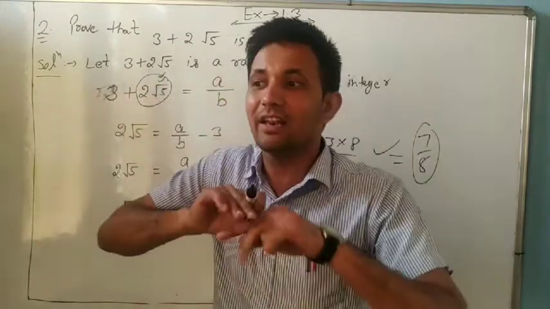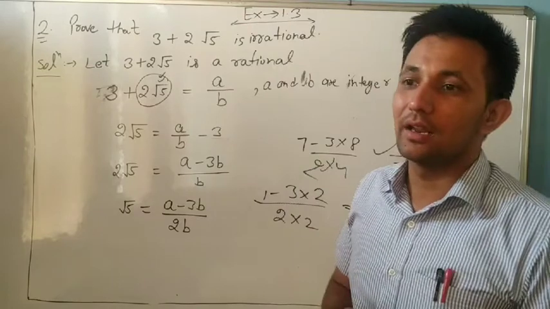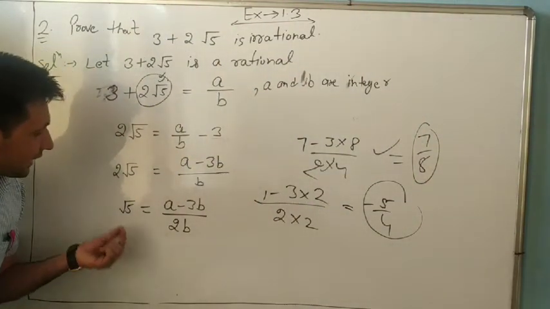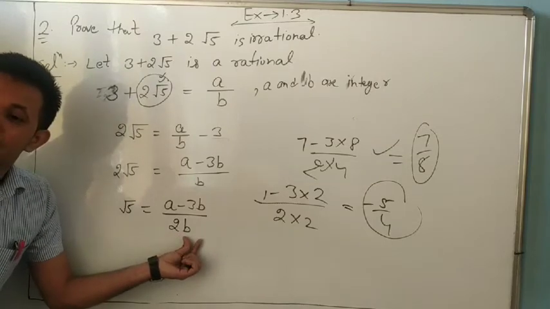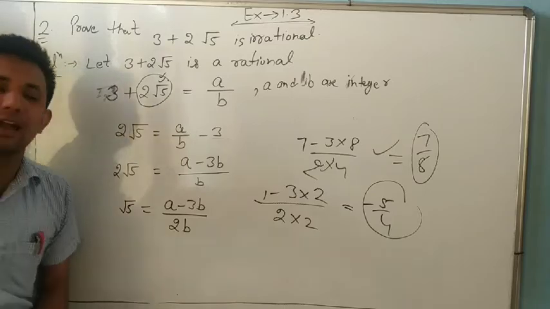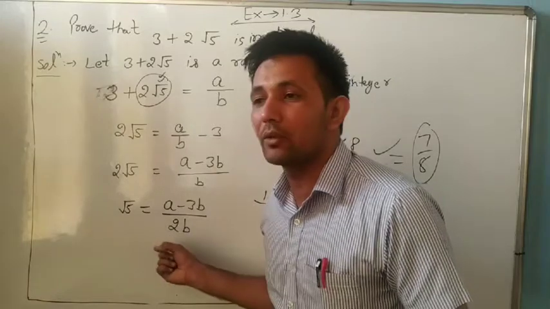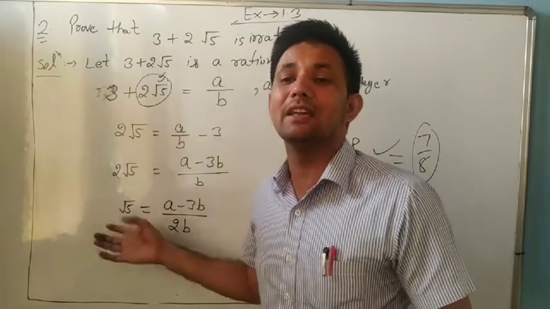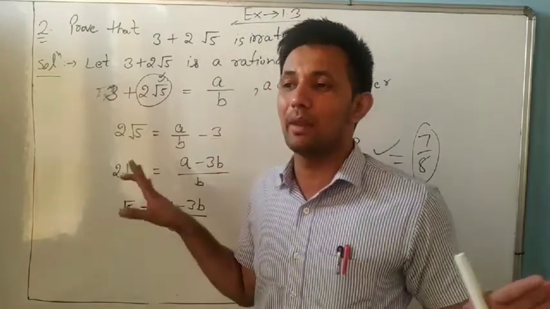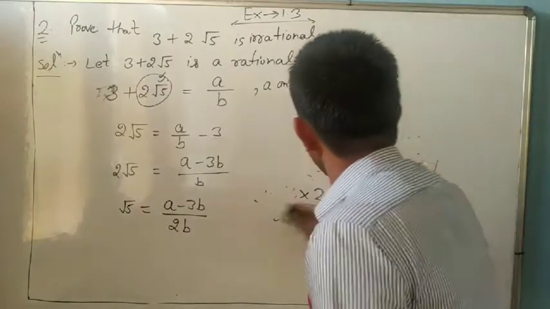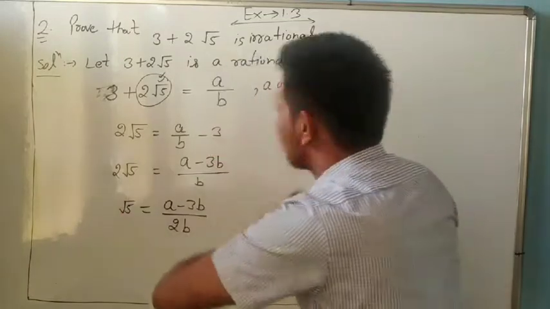If a number is irrational, it never becomes rational. Understand? We are saying here root 5 equals this number. Root 5 is irrational and this number is rational. Is it possible that a rational and an irrational number are equal? It is never possible. So how can you say both are equal? So it arises a contradiction, because rational equal to irrational is never possible. Understand? So you will write one line here. In every question you have to remember, we write the root number on one side and the other numbers on the other.